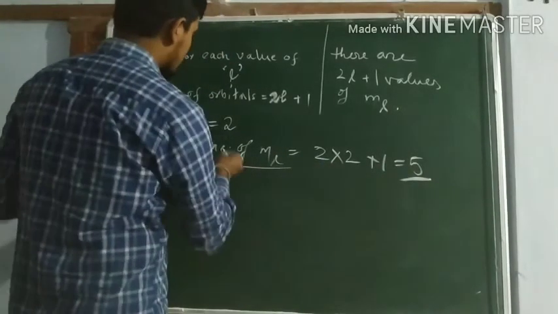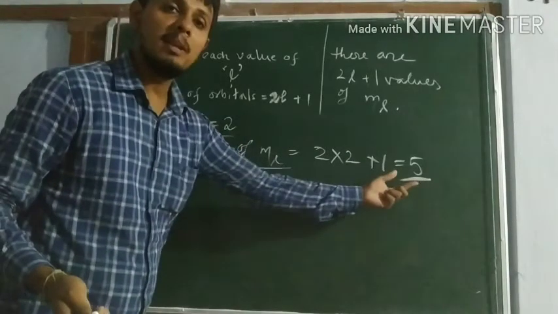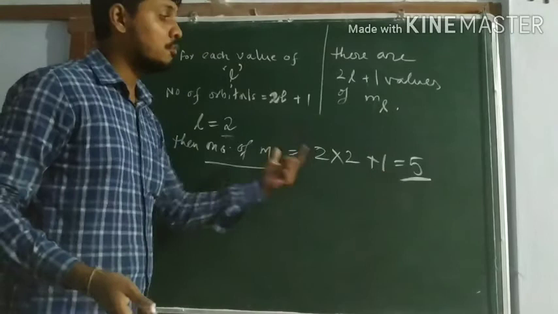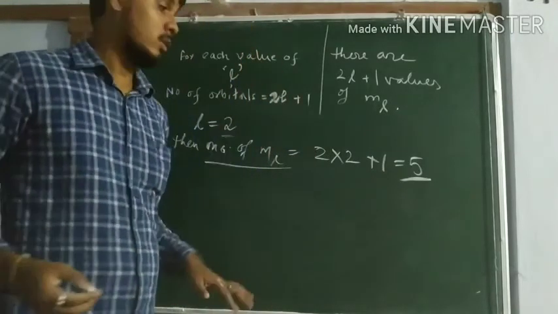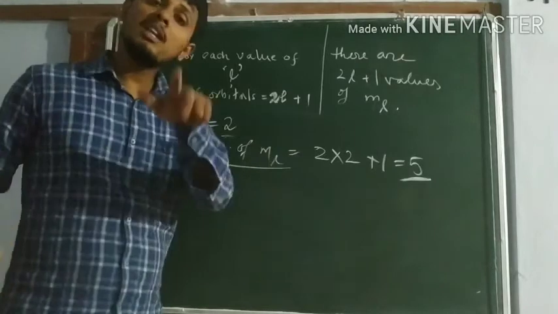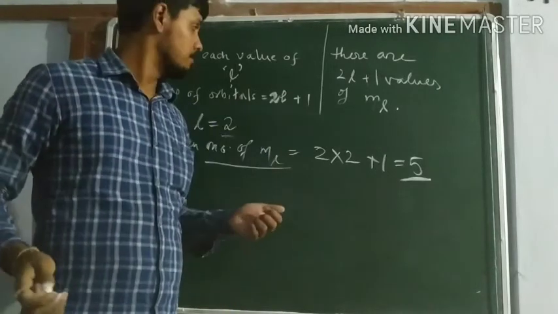So 5, that means L equals 2, the d subshell, is d orbitals, 5 d orbitals. So 5 d orbitals will have 5 values of ML. 5 d orbitals, so there will be 5 ML values. What those ML values will be, we will discuss in the next class. Okay,